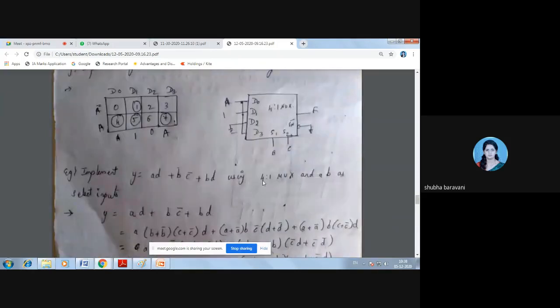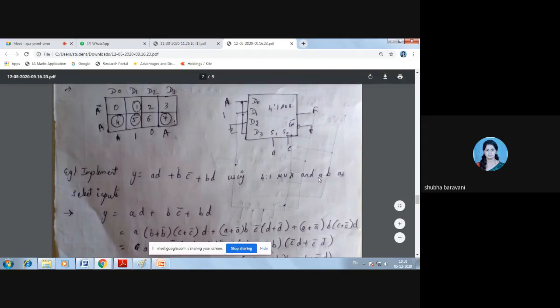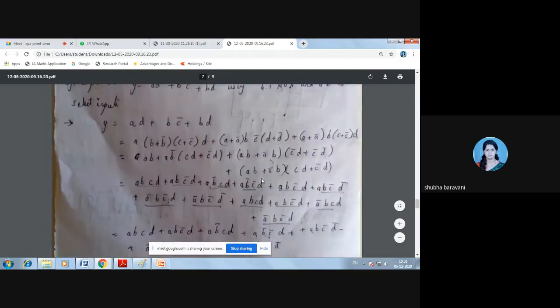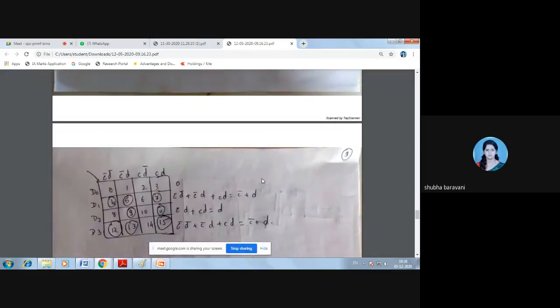Now see here it is said you have to use A and B as select inputs, right? 4:1 means what? 2 select inputs you will have. Okay, 2 select inputs, but it's a 4 variable function. So what you have to do is configure A B as selects, and C D as inputs. So be careful while putting the implementation table here. Okay? See how I put the implementation table. Here I have taken D0, D1, D2, D3, and here 0 0, 0 1, 1 0, 1 1. The implementation table changes a little here.